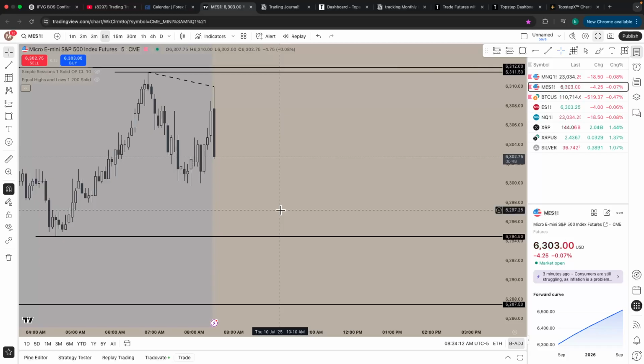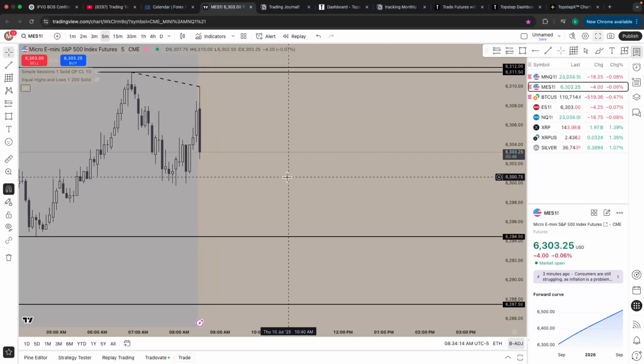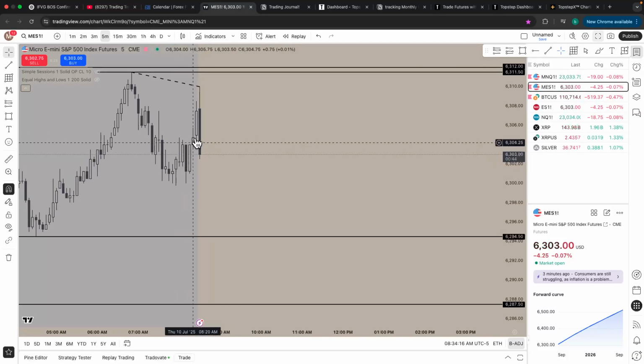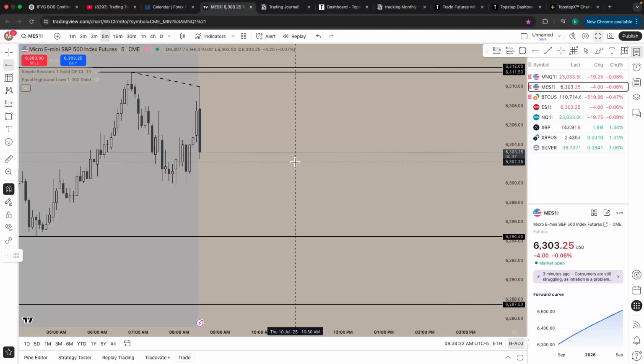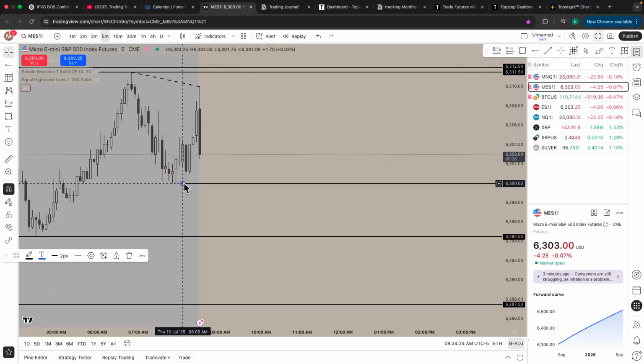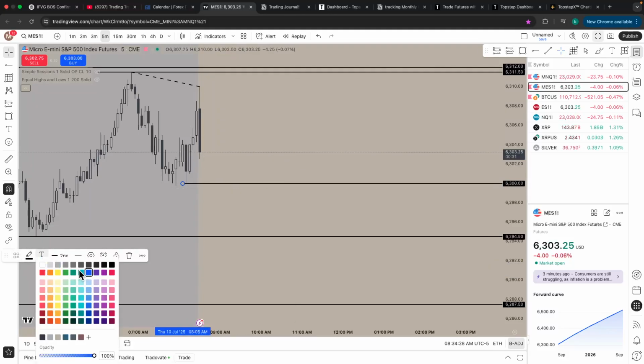And we were bearish in general, and we already swept. So ideally, I want to see a break of structure. What would be a break of structure to the downside? We'll look at our lows. This is our most recent low. If we break structure on this low, I'm pretty confident in this setup. Added some text.